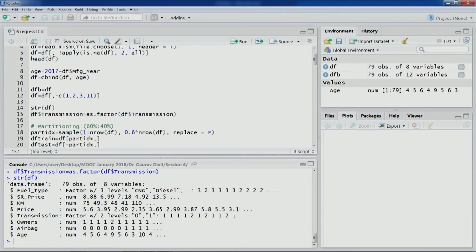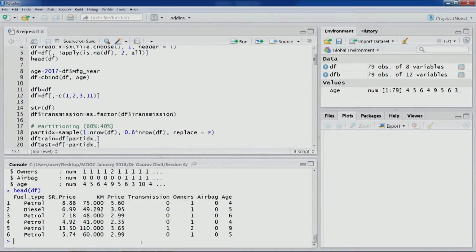But the actual values, as we saw before using the head function, are either 0 and 1. So this is just the way the output of the structure function is presented. The values haven't changed because of that conversion that we just did. If you are interested, you can again have a look at the actual values. You can see the transmission variable is still having the same 0 and 1 values. It is only the structure function that is presenting the output in that fashion, that for factor variables,